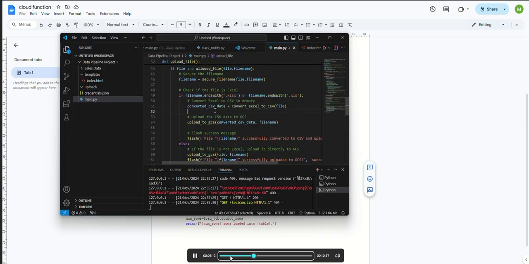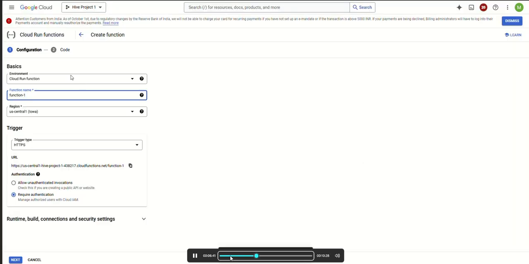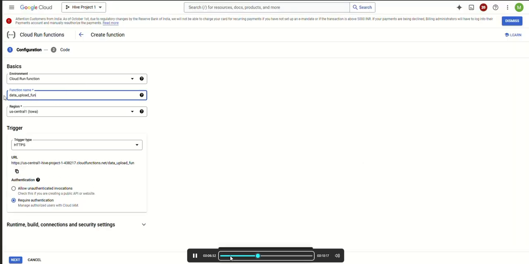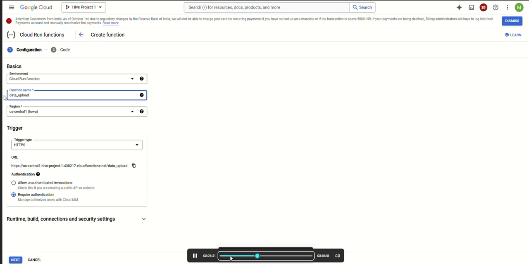So here you can see that we are converting the Excel file into CSV because in Google Cloud, I don't know why, but we were not able to use the Excel format over this part. So I have to convert that Excel file into CSV beforehand. After that, we are creating the function name, and in trigger type